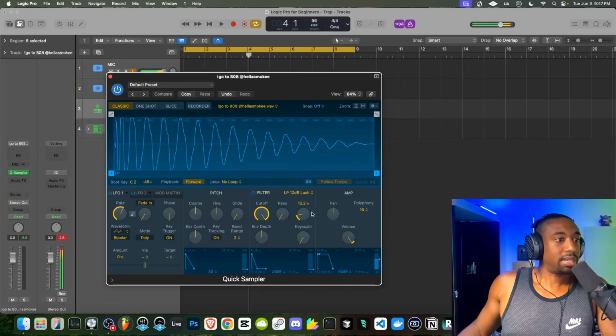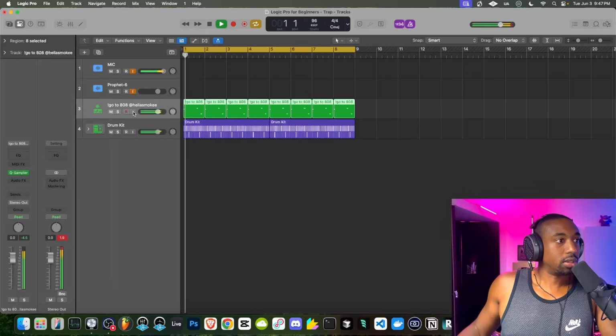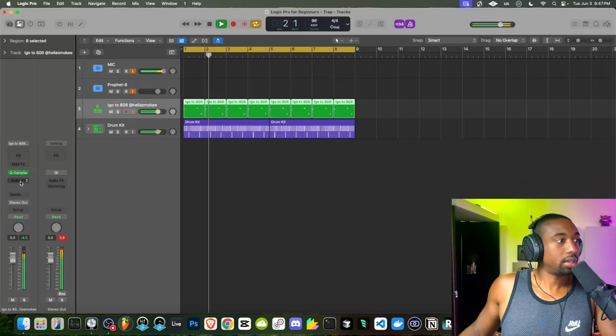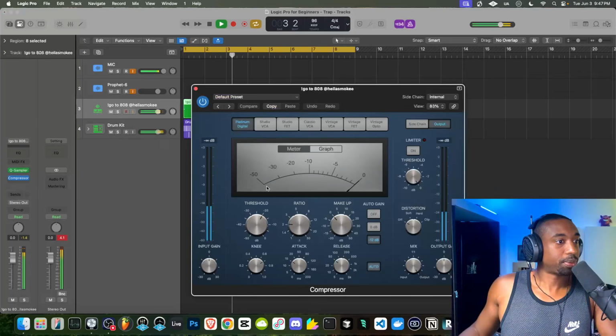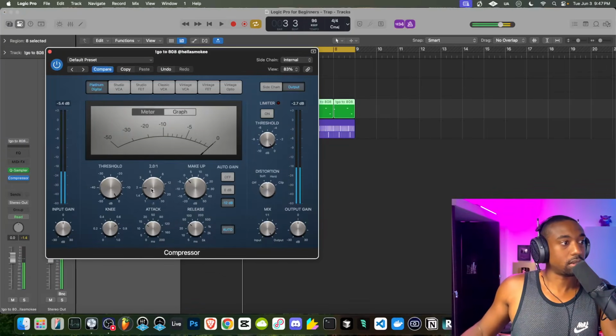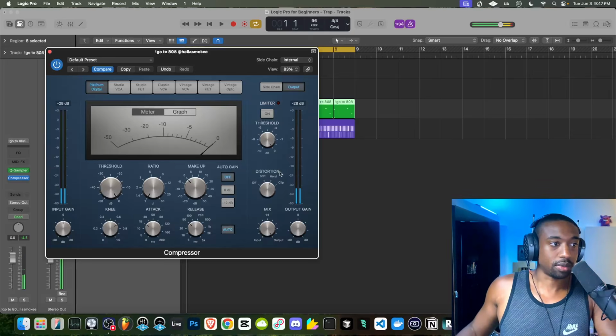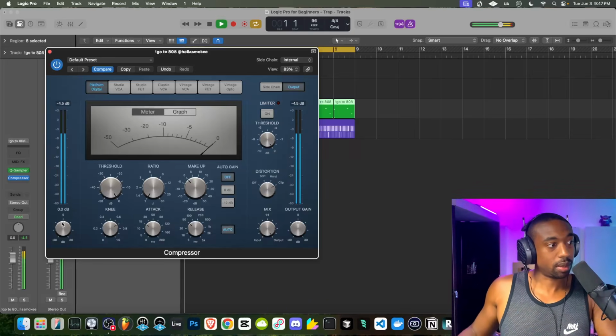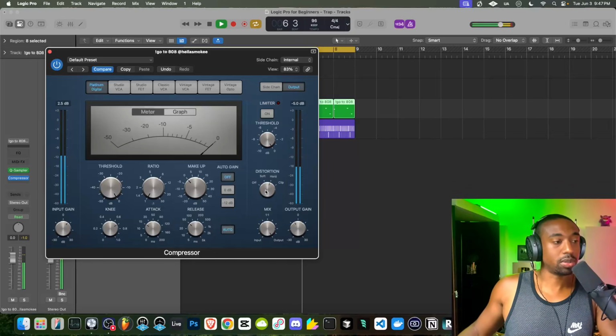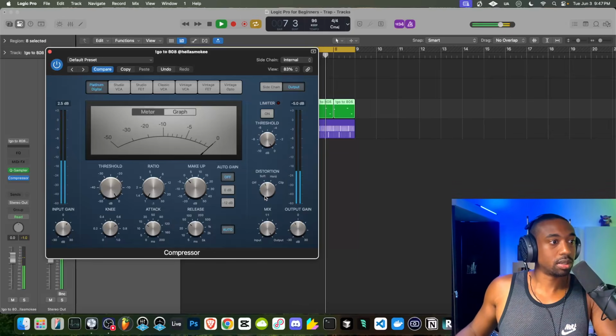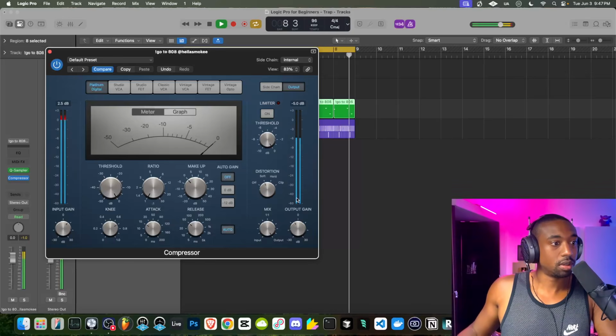So I already showed you guys how to get a bitey sound out of the drive. I'm going to turn that off temporarily just to show you guys how to get your 808 to hit or your kick. So go here, go to your compressor, go to stereo, turn the threshold to 0, turn the ratio to 1:1 so it's off, turn this auto gain off. And now we're going to switch the modes, either soft, hard, or clip. It just depends on your kick or your 808. We're going to turn up the input volume here, turn down the output, and then just keep cranking it. And then you'll hear that crunch. And then you can switch the modes for different styles of crunches. So I like the soft mode.